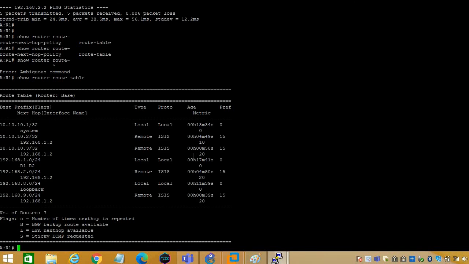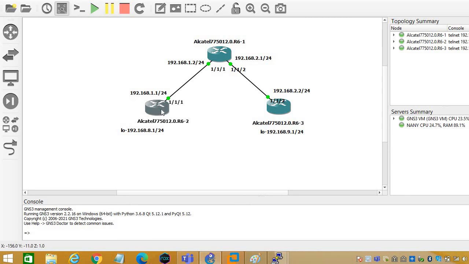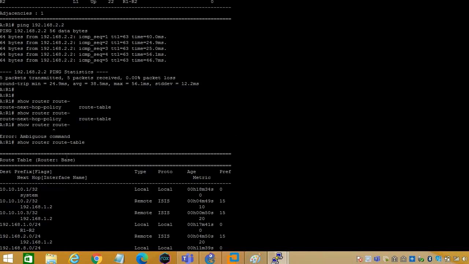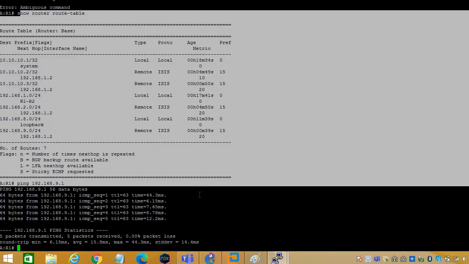I'm going to ping 192.168.9.1. Right now I'm in R1, so I'm going to access this loopback IP 9.1. I can access it because I configured the IGP protocol, that is ISIS, as per our lab. In this lab,